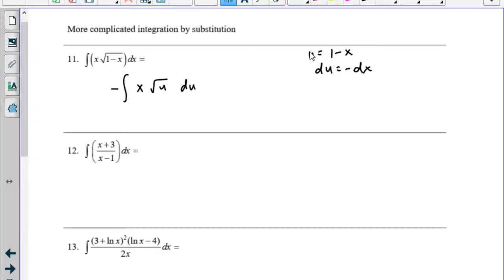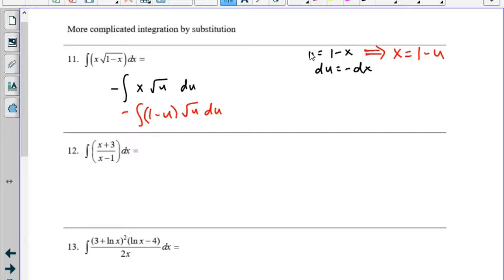I can't integrate with an x and a u in the same problem. However, if I notice that u equals 1 minus x, I can rearrange things to make x equal 1 minus u by adding x and subtracting u from both sides. What I end up with is being able to substitute 1 minus u in where x was. Now everything's in terms of u's, and it's also way easier to integrate,